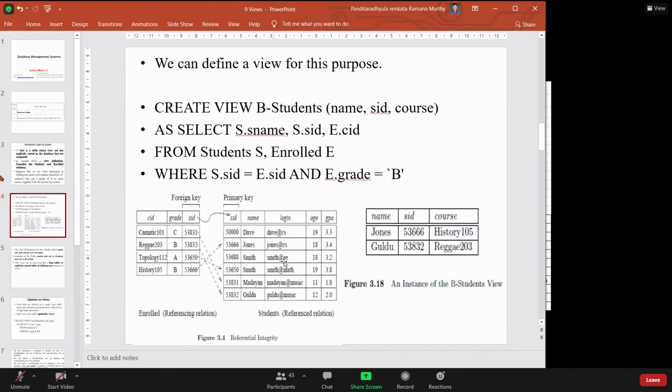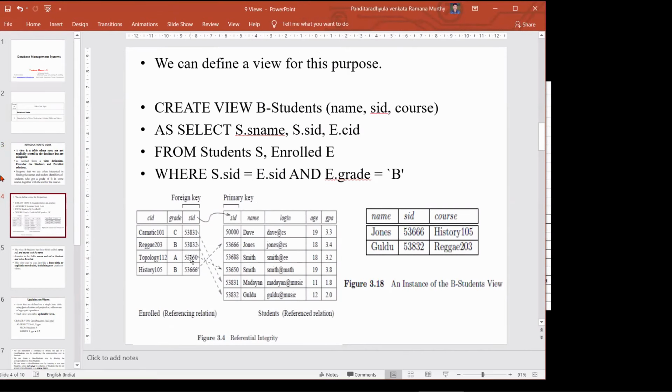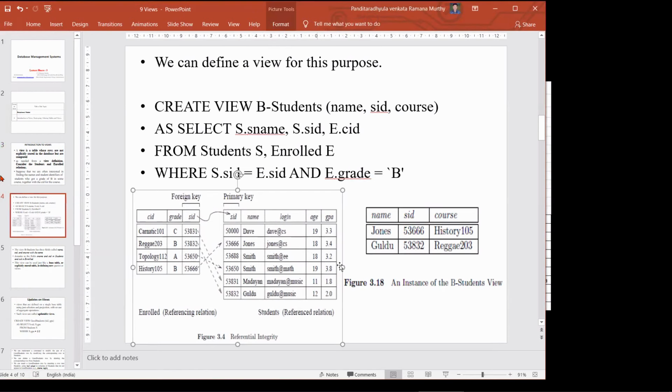Say we have courses and a student ID. In the student table we have SID and grade also. Every student is identified with a grade, but our requirement is the students who enrolled in a specific course ID only.